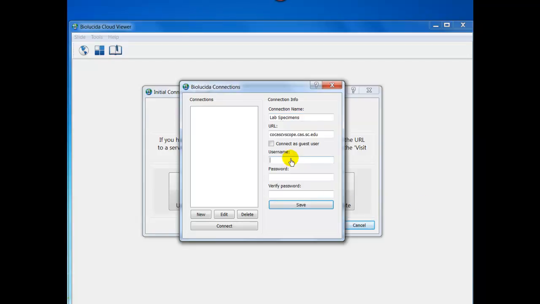The username is histologylabspecimens, all one word. The password is organs. I'm going to type that twice and then save. Now we have our lab specimen cloud set up. Now we need to set up, using the same URL. You don't have to change that, but we want to set up a cloud